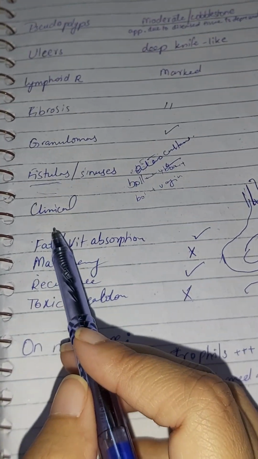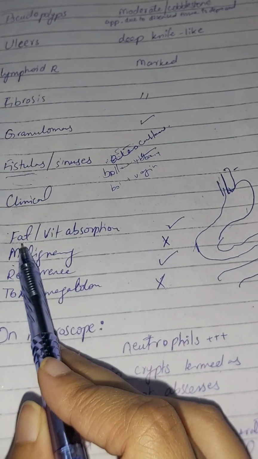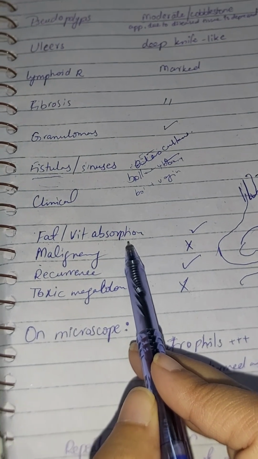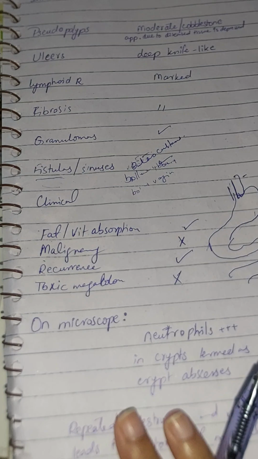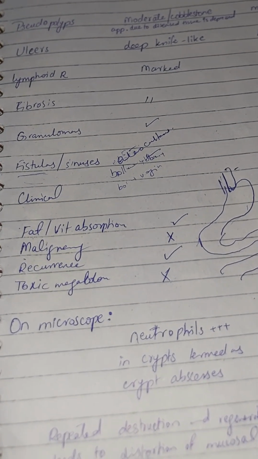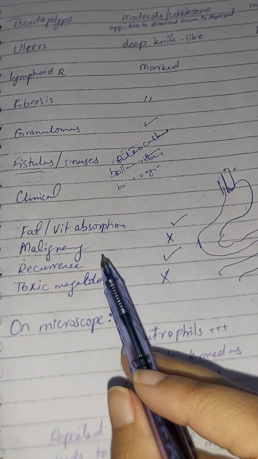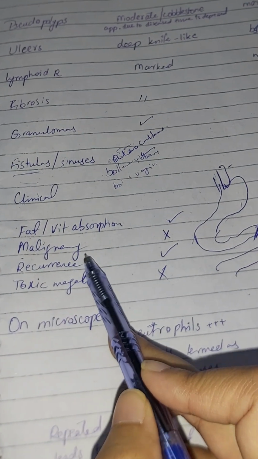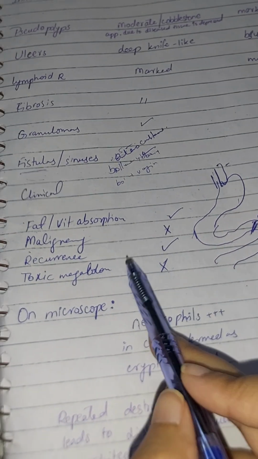Afterwards, let's discuss the clinical representation. All the fat and vitamin absorption occurs in the terminal ileum. So in Crohn's disease, we all know that the main point of affection is the terminal ileum, mostly colon and ileocecal valve. So there will be a marked defect in the absorption of fat and vitamins. There are fewer chances of malignancy in Crohn's disease. Recurrence is very common. So afterwards